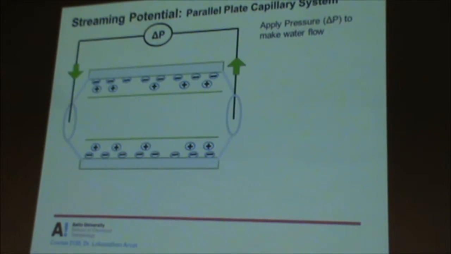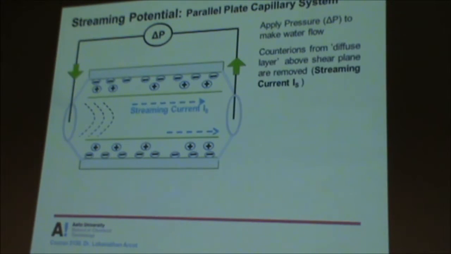Because of this flow, the counter cations are moved in this direction. Ions can also conduct current, not just electrons. Because ions are moving in one direction, charges are moving in one direction, and that is called the streaming current. And because the ions are gone, there is an imbalance in electrical neutrality, and that generates a potential, called